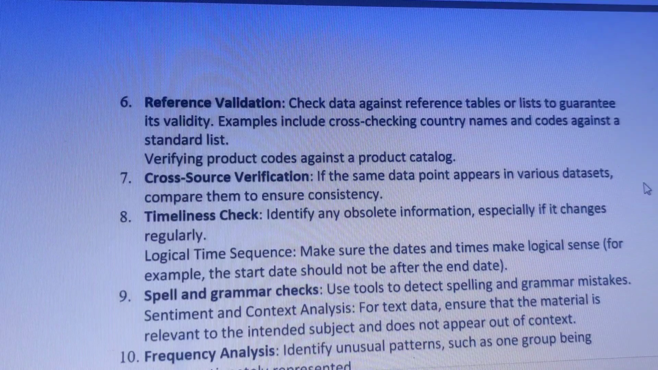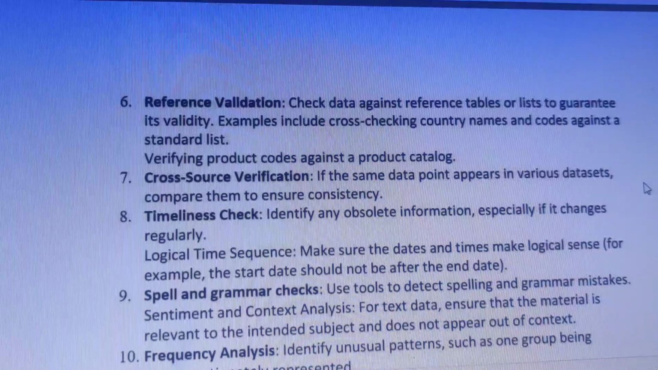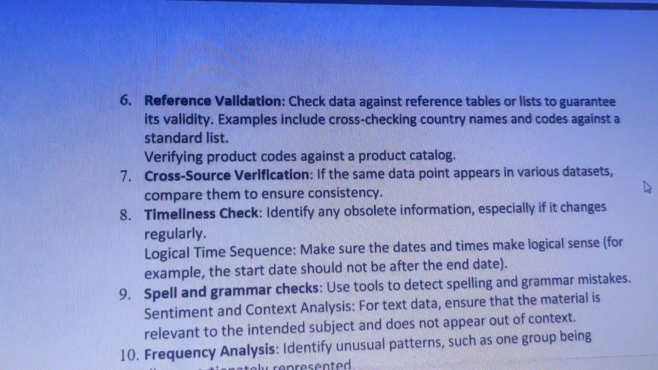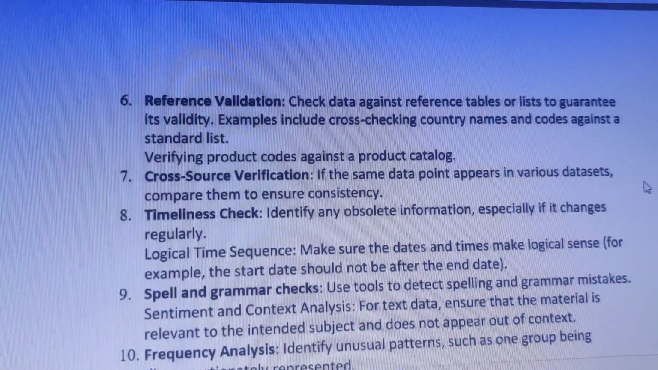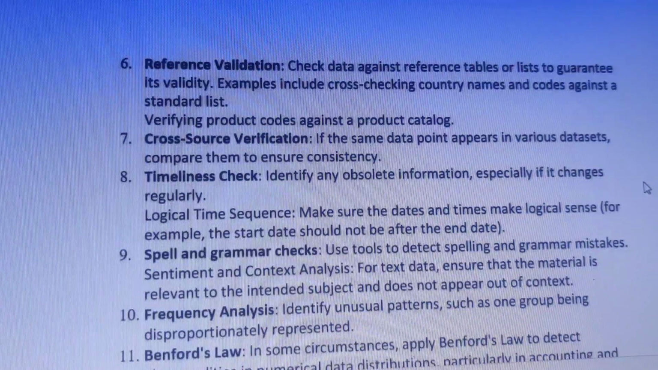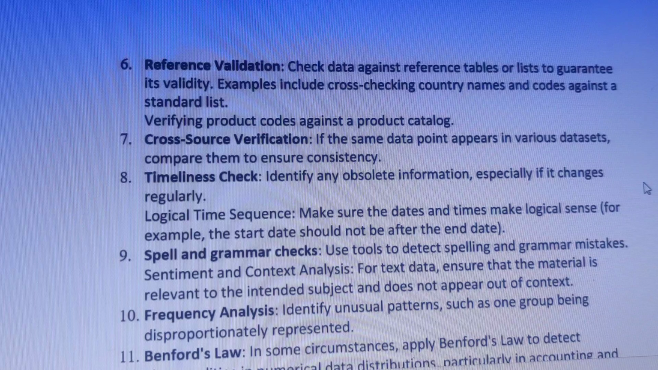You can also check for grammar mistakes. You can also check for references validation, source validation, and all that. So depending on the data, these are some of the things that you might want to look into to confirm that you are working with good data and not bad data. So, having said that,